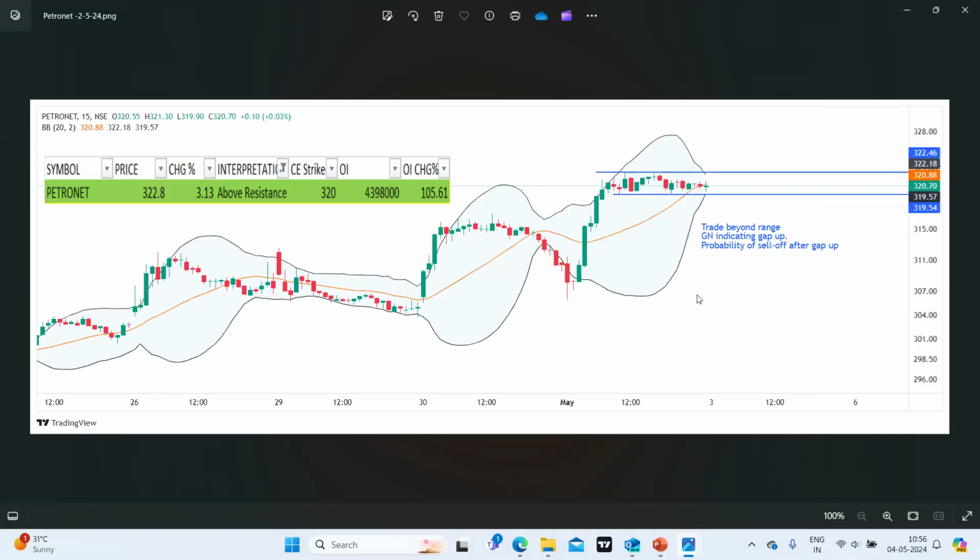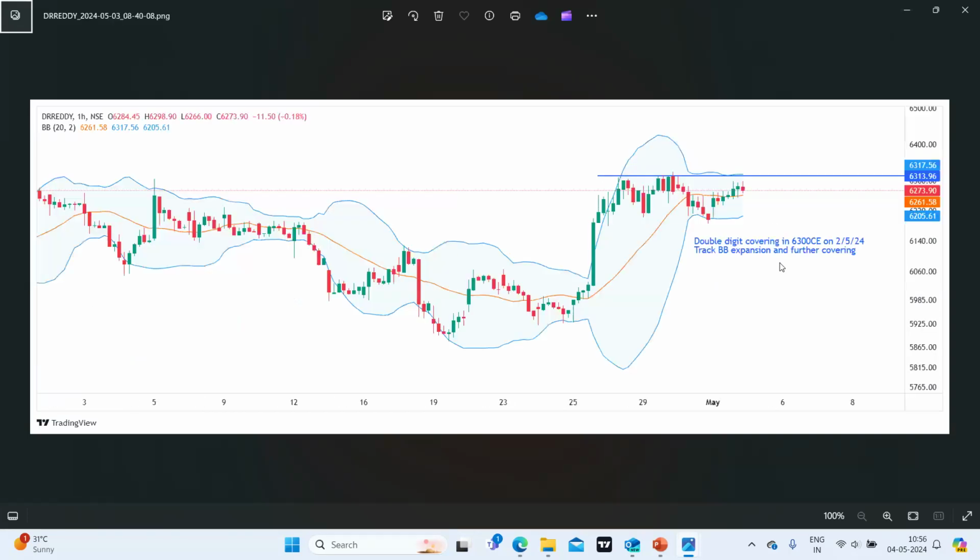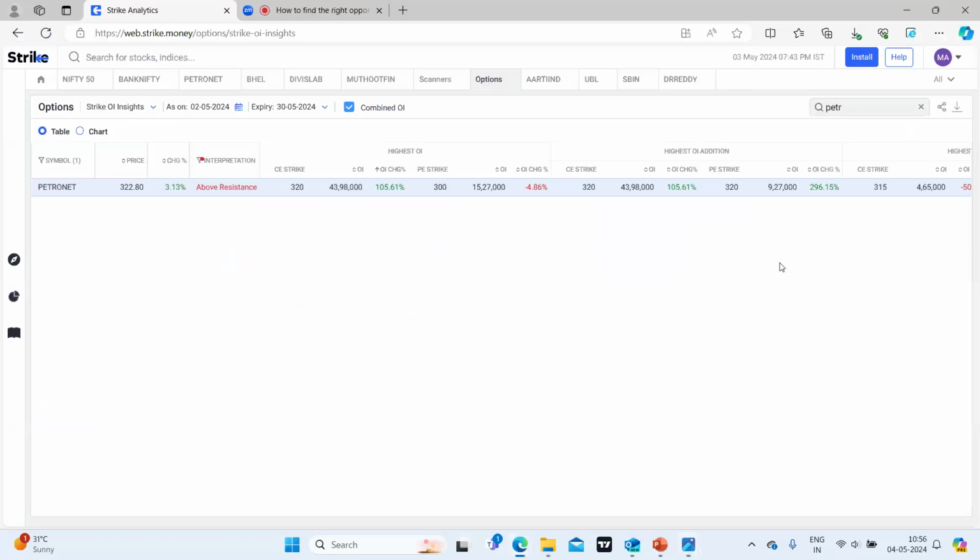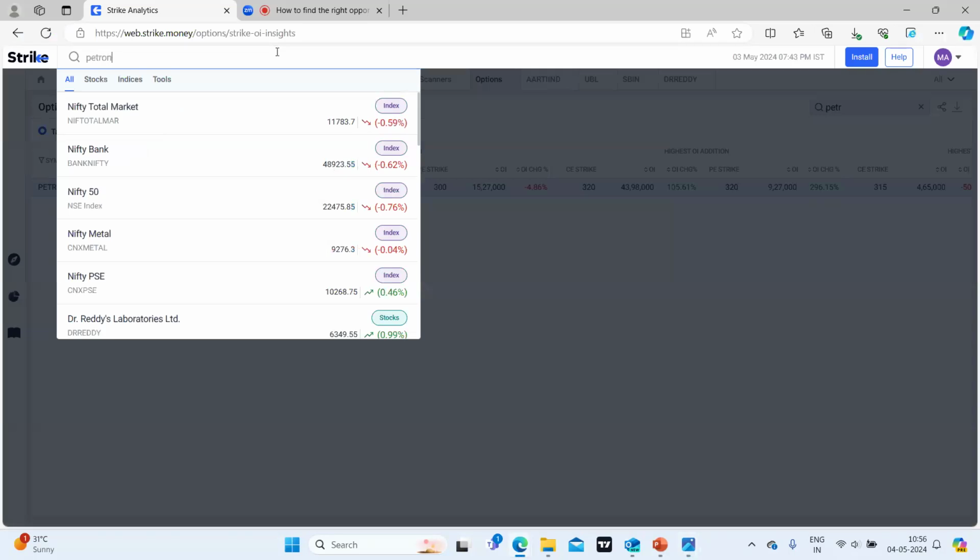So this was my marking. So I had identified the levels कि 320, see again 321 का ये और 319, राइट। उस दिन थर्ड को द गिफ्ट निफ्टी वाज शोइंग गैप अप, राइट, बट दिस 100% gave me an indication that there is a probability of sell off after the gap. I was ready to sell this stock, right, index नहीं।